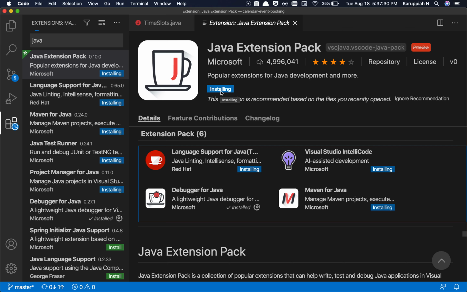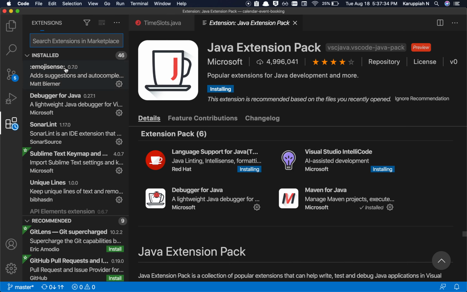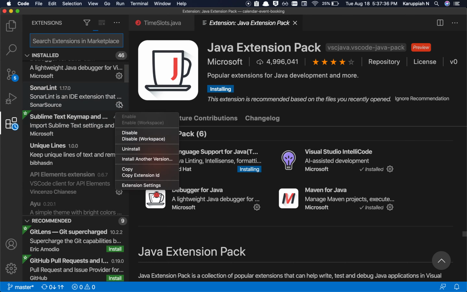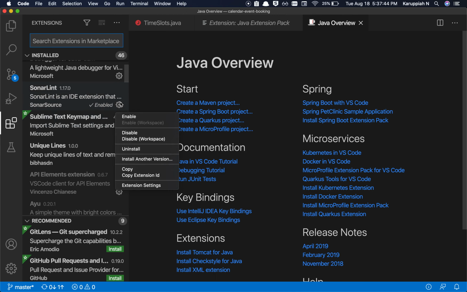I'm going to have to disable this globally and enable it for this workspace. Yep.